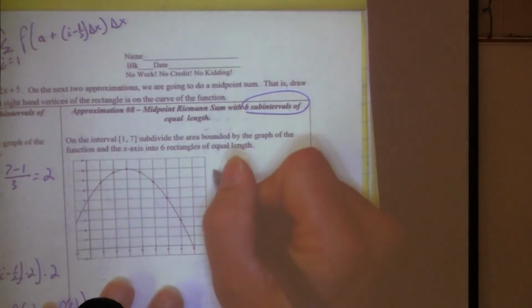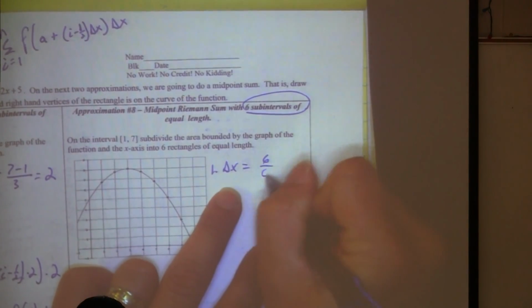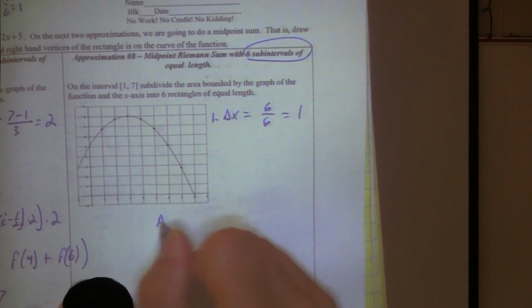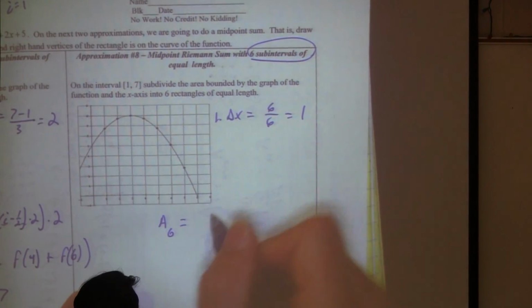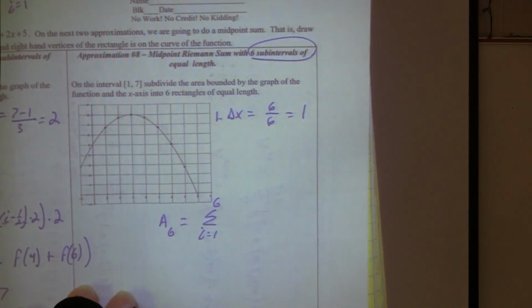Okay, so what's my delta x going to be now? 6 over 6, which is 1. So now we're doing A6, that's going to be the summation from i equals 1 to 6. And what's going to change in my